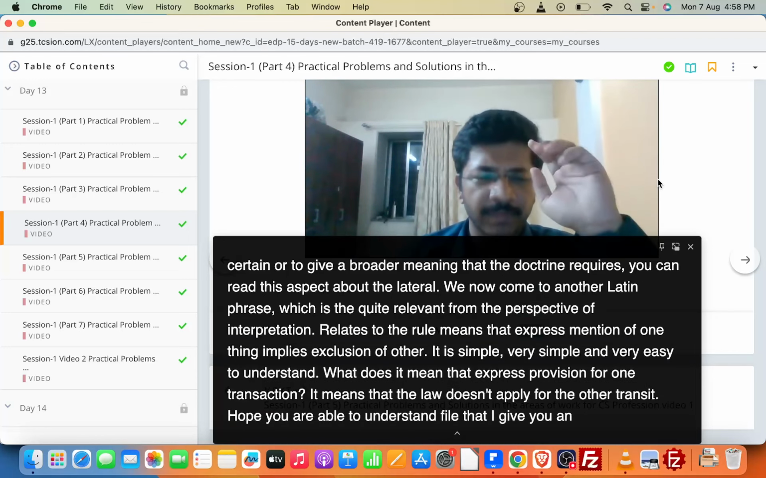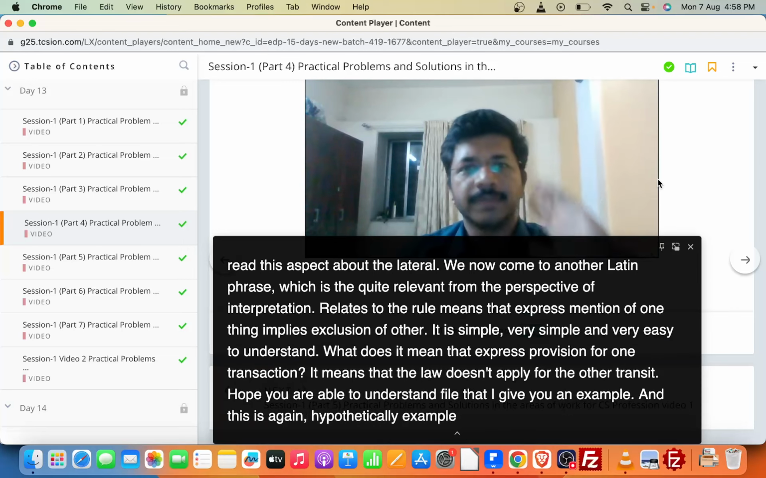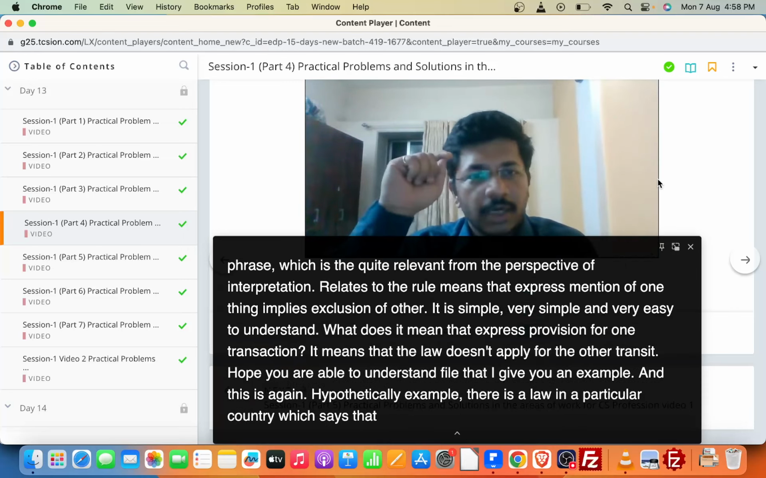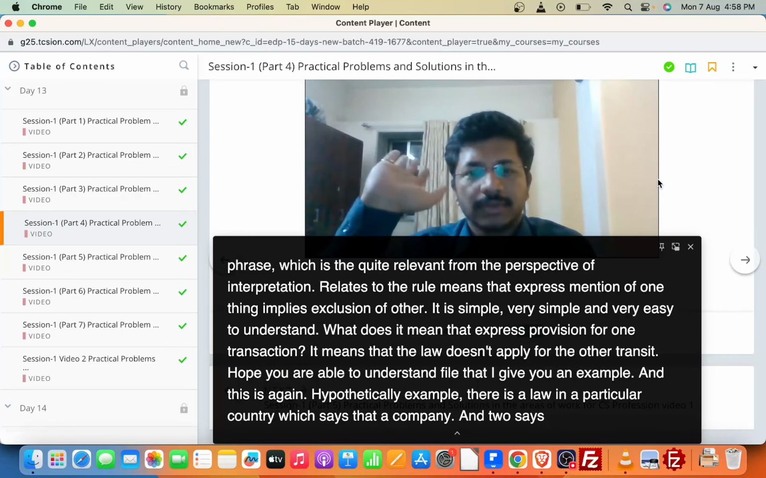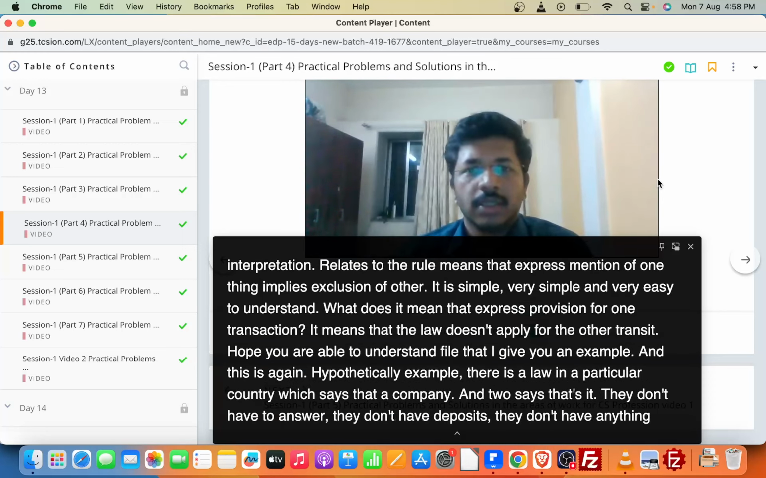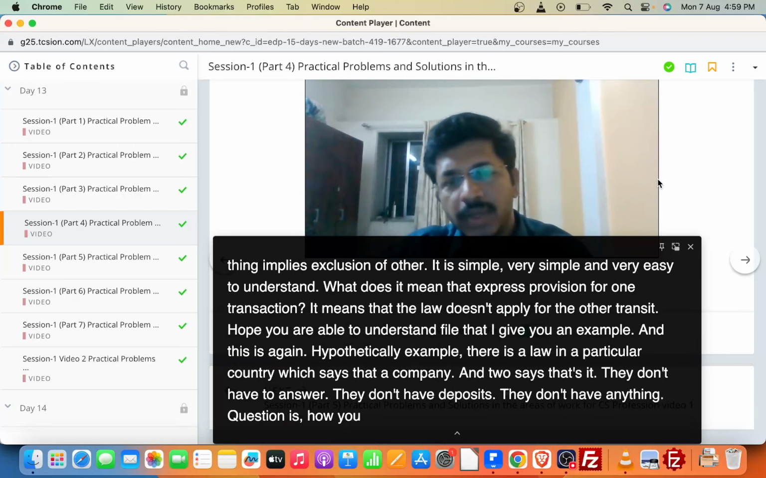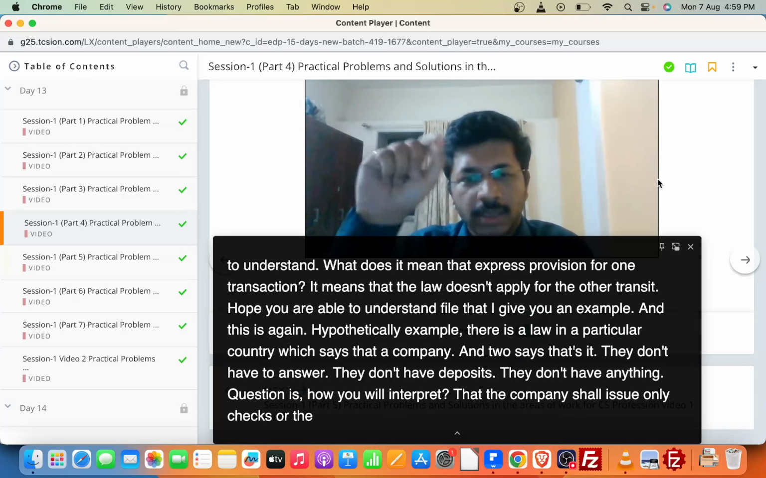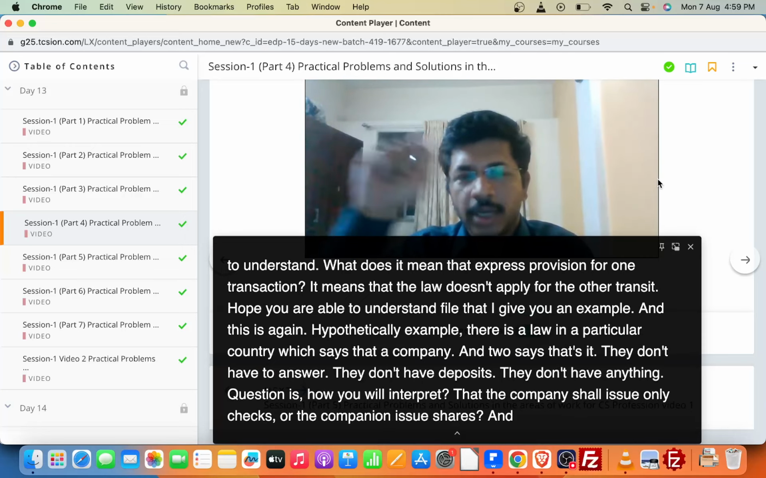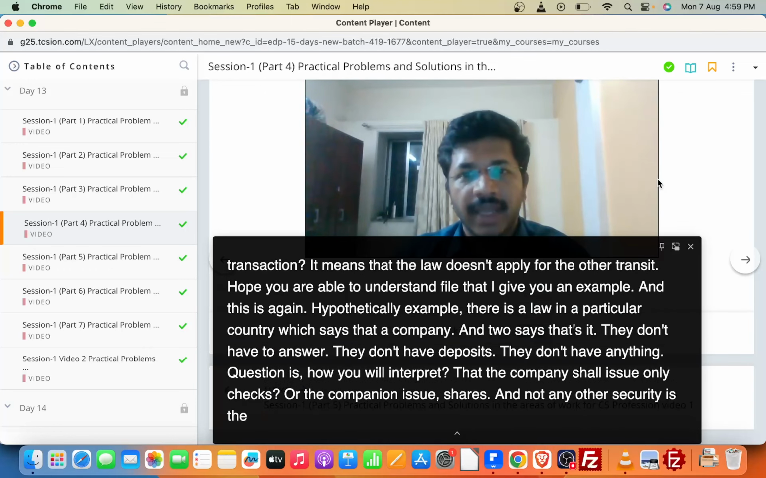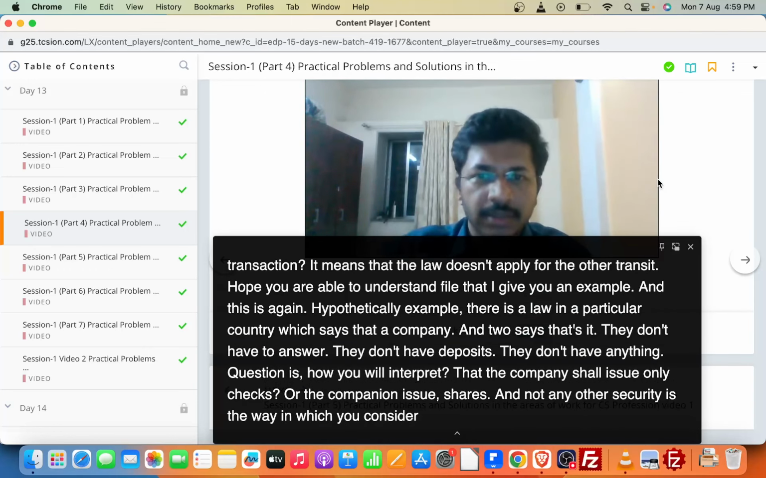For example, I'll give you an example, and this is again a hypothetical example. There is a law in a particular country which says that a company can issue shares. That's it. They don't have debentures, they don't have deposits, they don't have anything. Now the question is how you will interpret that the company shall issue only shares, or the company shall issue shares and not any other security. Is the way in which you consider this point